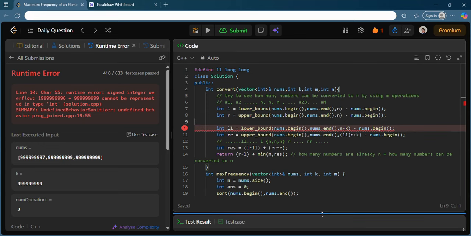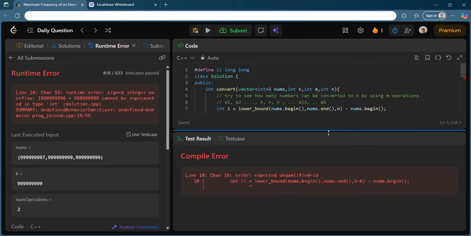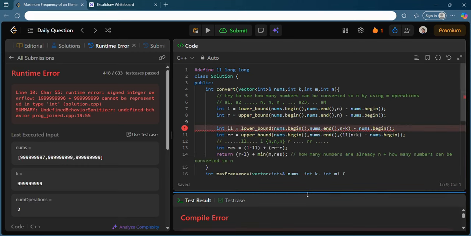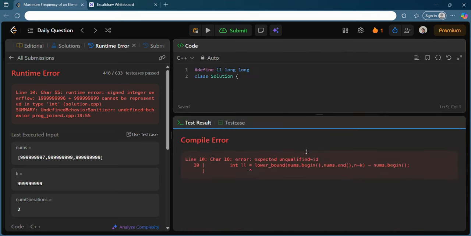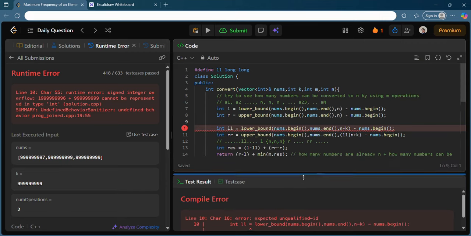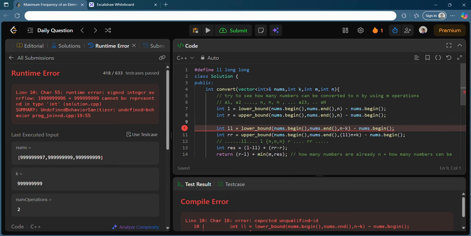And, unexpected unqualified ID. Is it giving me a compile error?